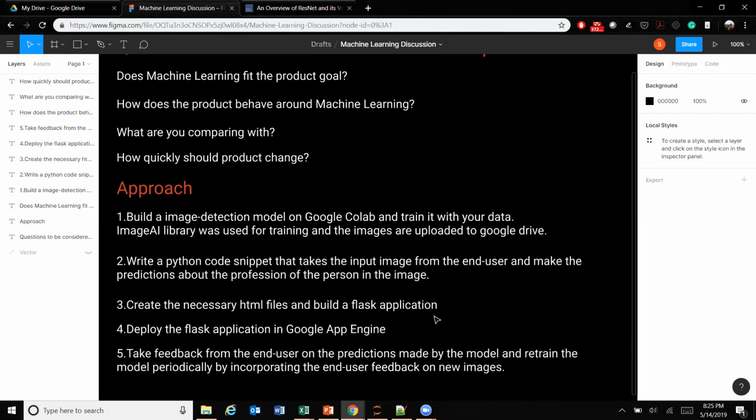And then you create the necessary HTML files and build a Flask application. I'll show you how we can do that. Finally, you deploy the Flask application in Google App Engine and make the URL available to everybody, take the feedback from the end user on predictions made by the model, and retrain the model periodically by incorporating the end user feedback on new images. Okay, now let me show you